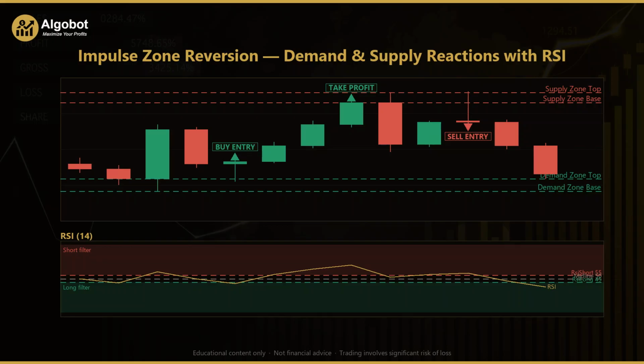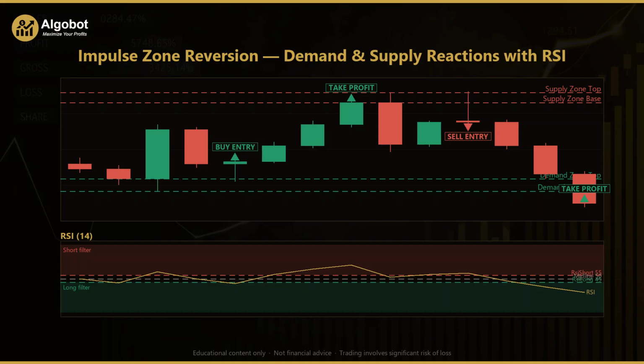The candles climb, and on the 11th bar the high pokes up into the supply zone. But watch the reaction. The bar closes back below the top of the zone. It closes lower than it opened, and the RSI has lifted to 58, at or above the RsiShort level of 55. That elevated momentum into a fresh supply zone is exactly the confirmation the strategy wants, and the sell entry